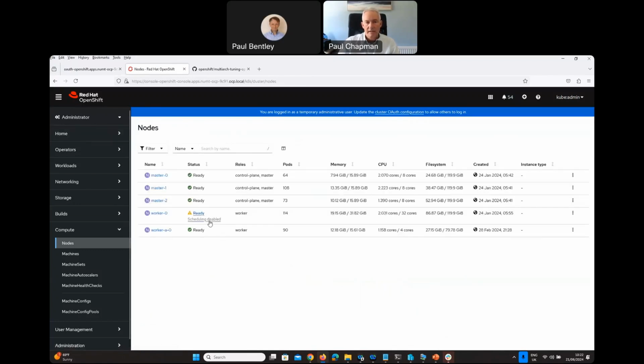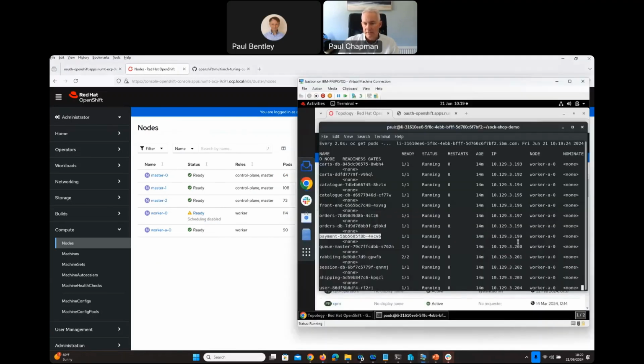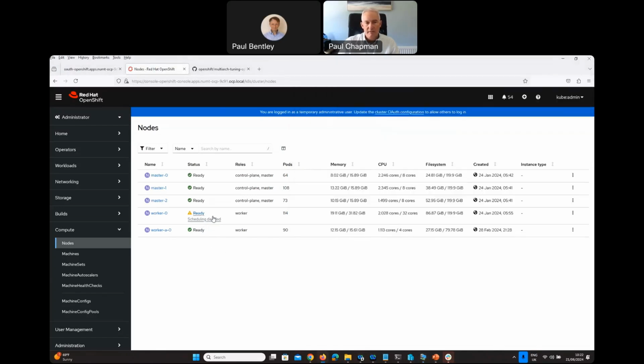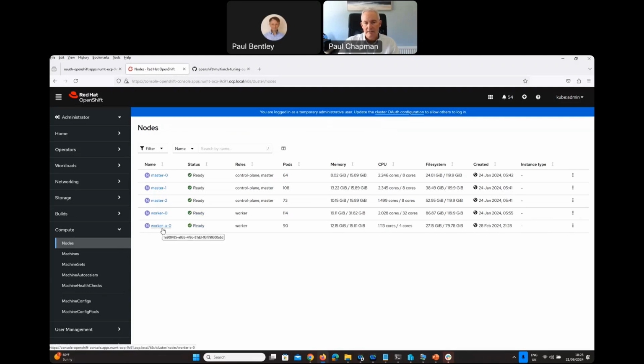Now we can cordon, and that means to stop scheduling of new workloads on a particular worker node. So if I just take a look back, this is our 15 microservices containers that are running for the solution at the moment. They're all up and running. At the moment, you can see that I cordoned, I stopped scheduling to the Power worker node, so they're all running on the x86 worker node. So if now I uncordon and mark that as schedulable, but I now say that the x86 worker node is unschedulable,